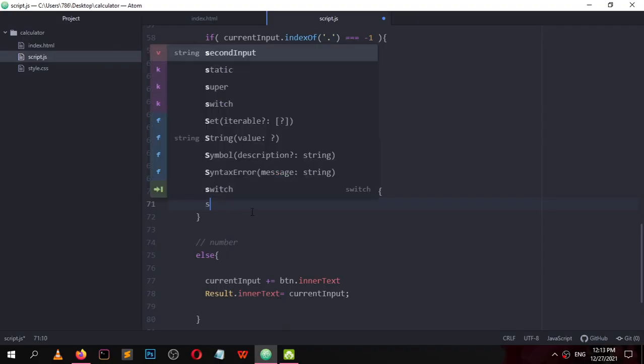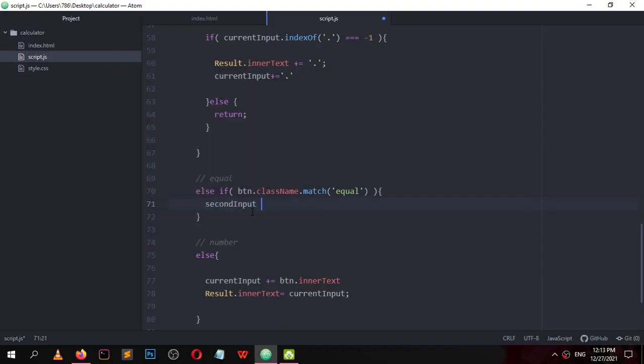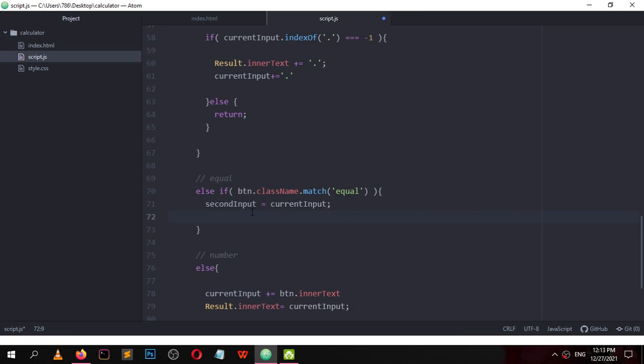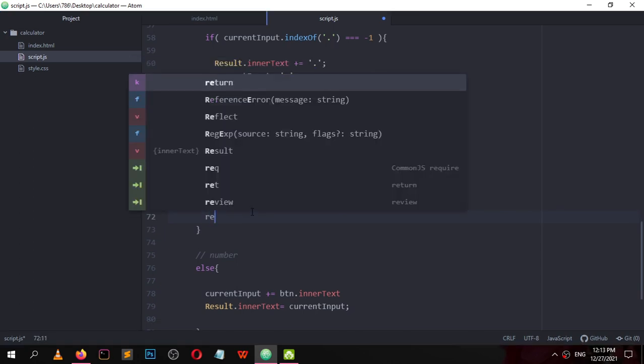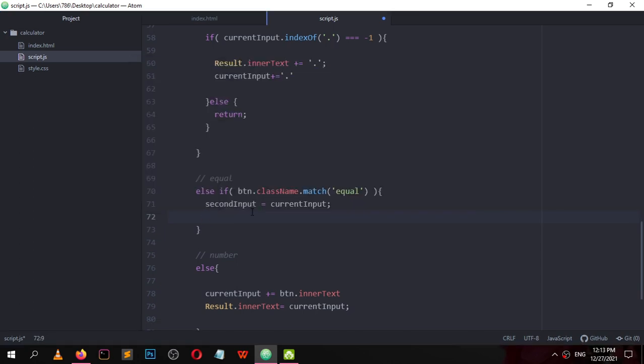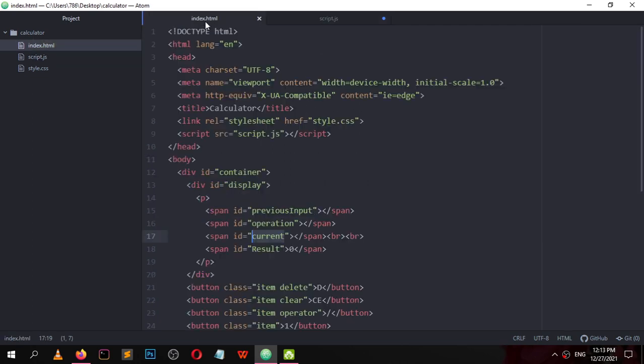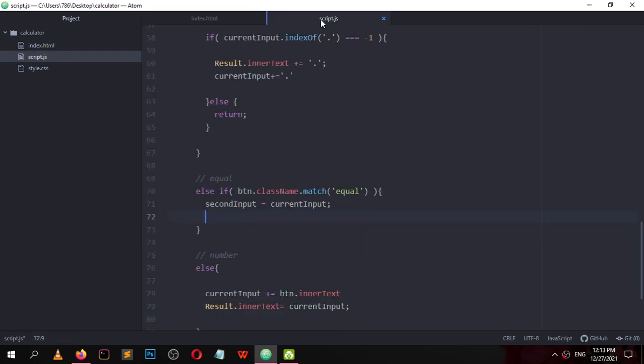So second input equal current input, and result, not result, it is current, it is set to current. Current dot inner text equal second input.